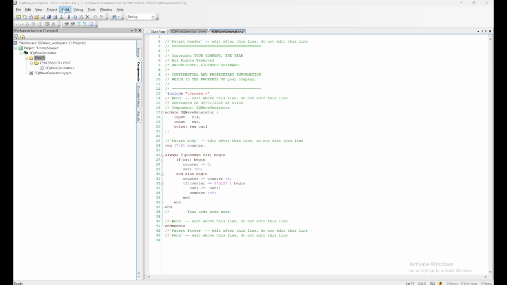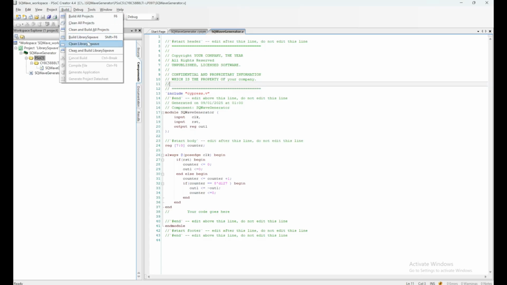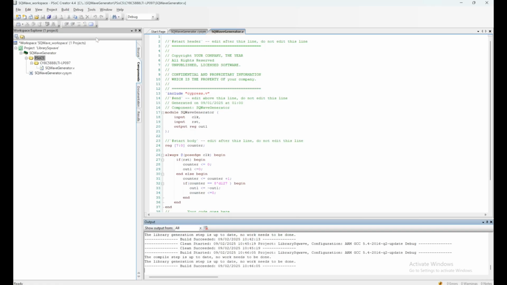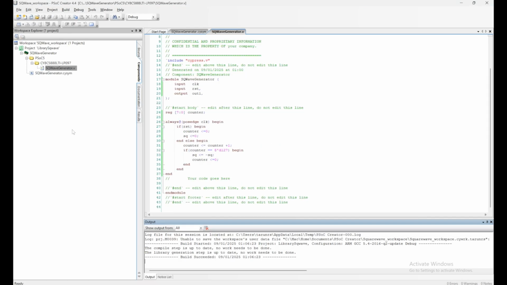After finishing the Verilog code, we build the library project. We go to build and we build the library project, and we can see that the build has succeeded. Once the build has succeeded, we can go forward in creating the design project, for which we need to go